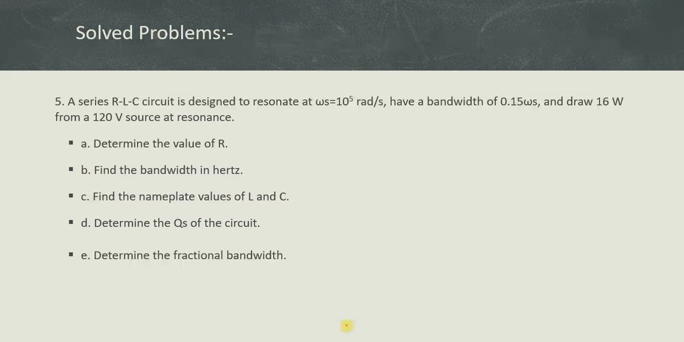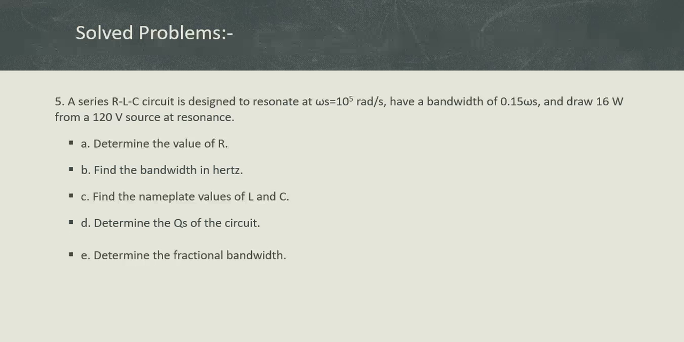The problem: a series RLC circuit is designed to resonate at omega s equal to 10 to the power of 5 radian per second, having a bandwidth of 0.15 omega s and draws 16 watt from a 120 volt source at resonance. So they have given the bandwidth, the resonance frequency omega s, and the power drawn from the voltage source. Determine the value of resistance, find the bandwidth in hertz, but they gave it in the form of 0.15 omega s, and find the nameplate values of L and C, determine the quality factor of the circuit and